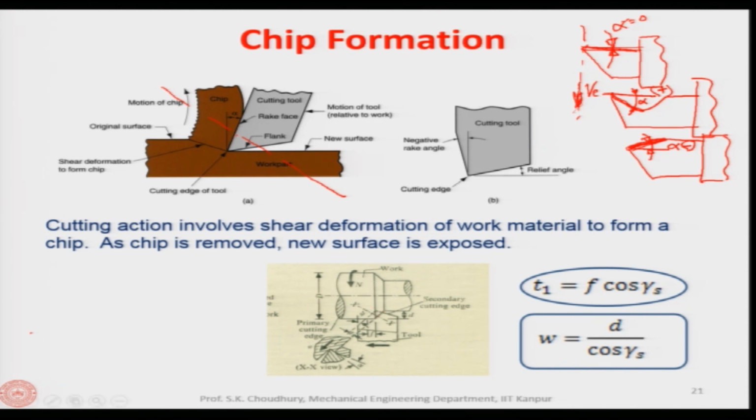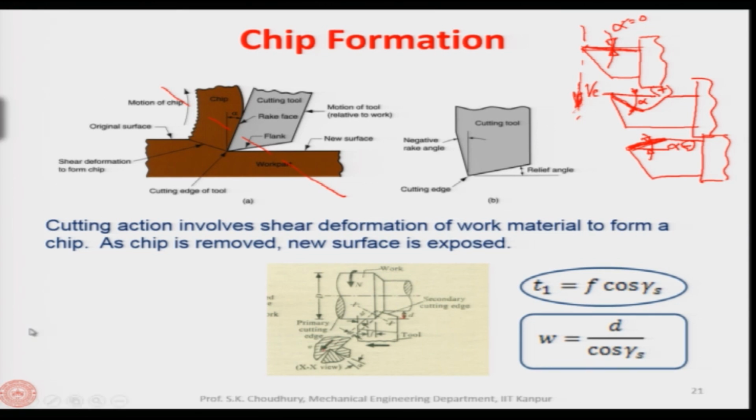All right. Now, in this picture, as you can see, this is the depth of cut. And if you again take a cross section at the cutting edge, you will find a picture similar to that, and here you can see this is the rake angle. So, this rake angle is shown here. This is between the rake face and a line perpendicular to the cutting velocity vector. This is the cutting velocity vector.